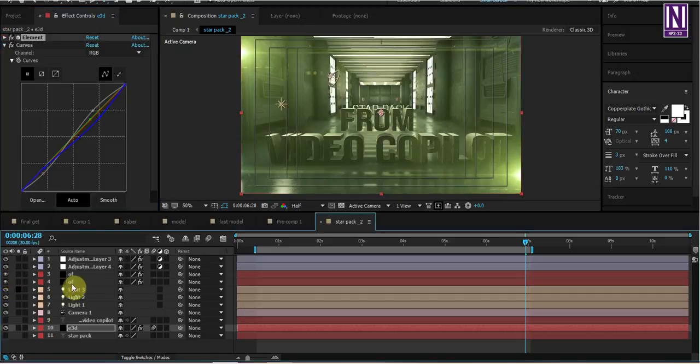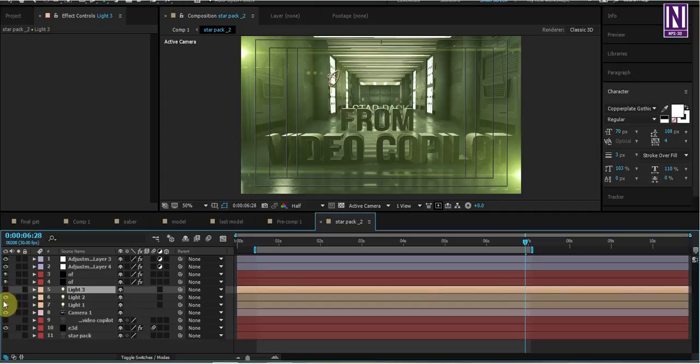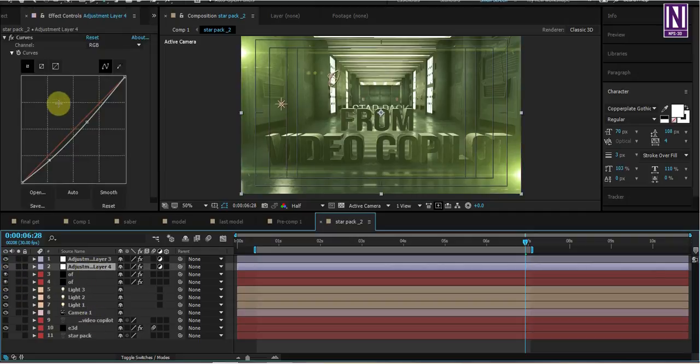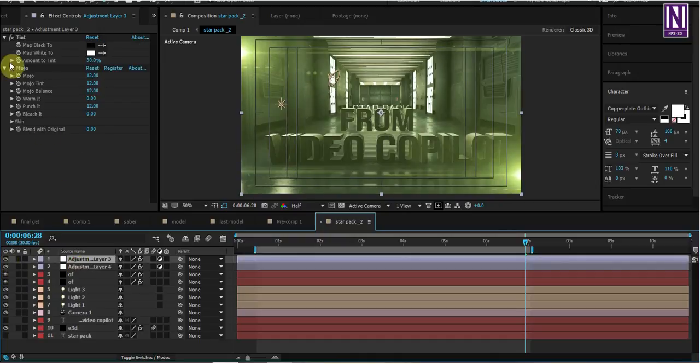On the optical flare, I use 3 lights, you can see. It's perfect. I add the course adjustment and another of my favorite, tint and mosaic effects.